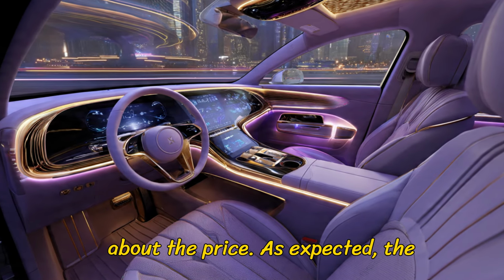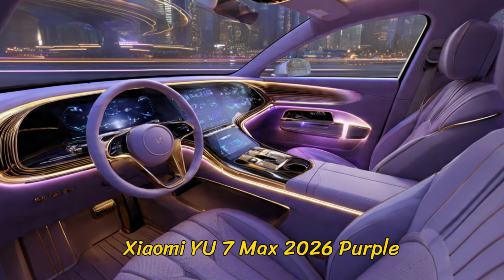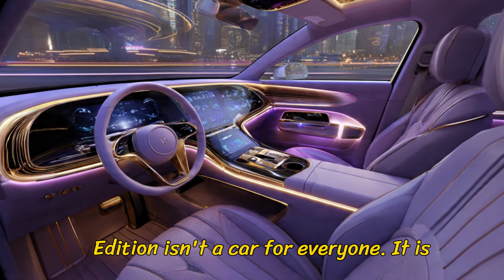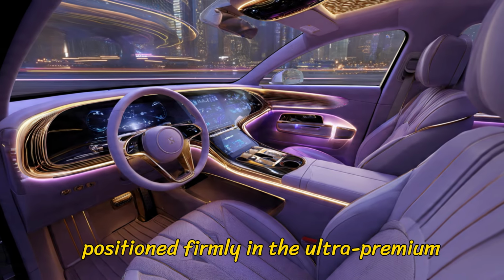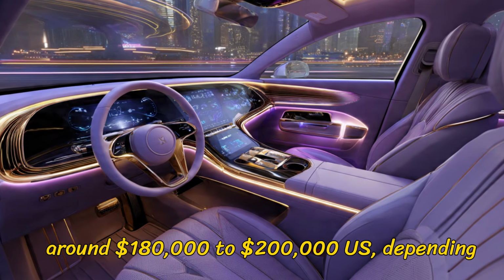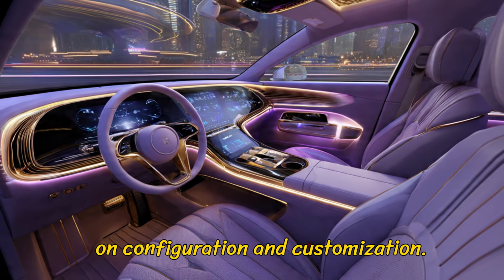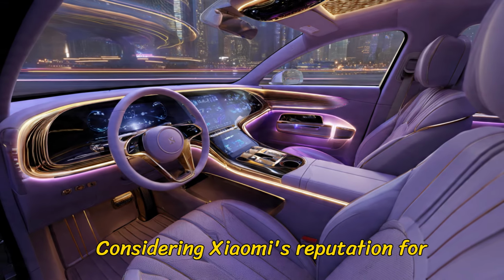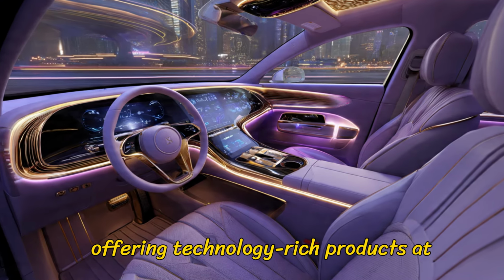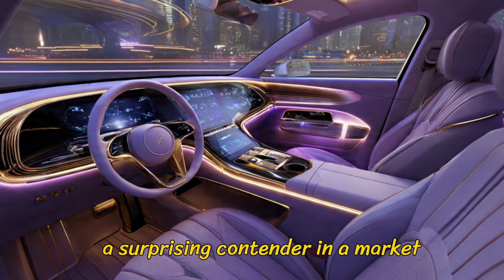Now let's talk about the price. As expected, the Xiaomi YU7 Max 2026 Purple Edition isn't a car for everyone. It is positioned firmly in the ultra-premium segment, with a starting price estimated around $180,000 to $200,000, depending on configuration and customization. Considering Xiaomi's reputation for offering technology-rich products at competitive prices, the YU7 Max comes as a surprising contender